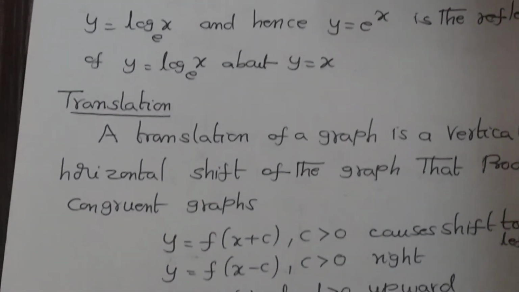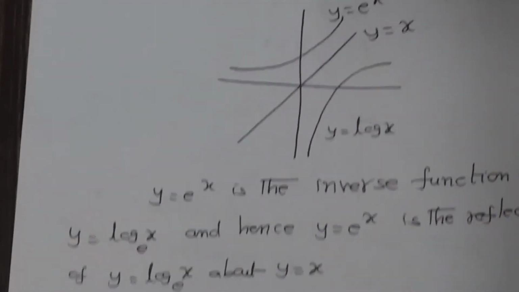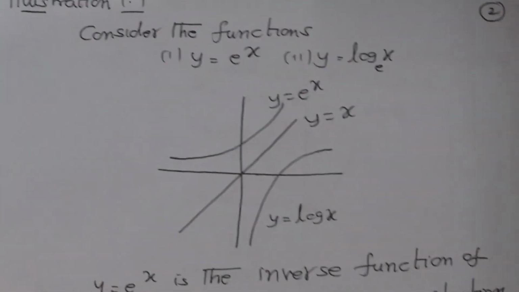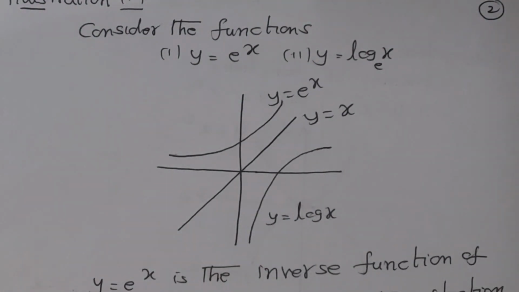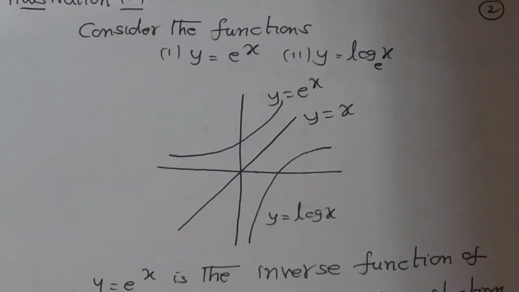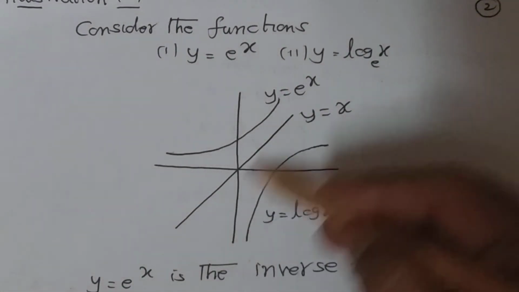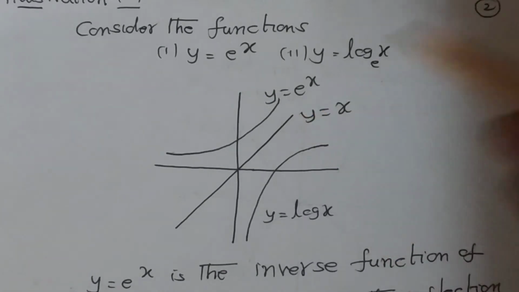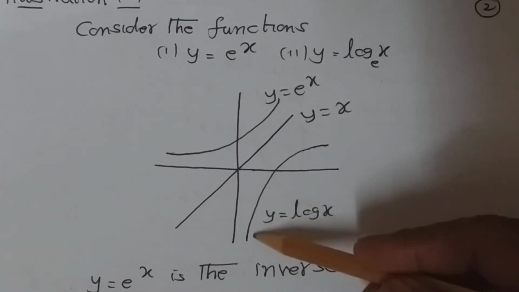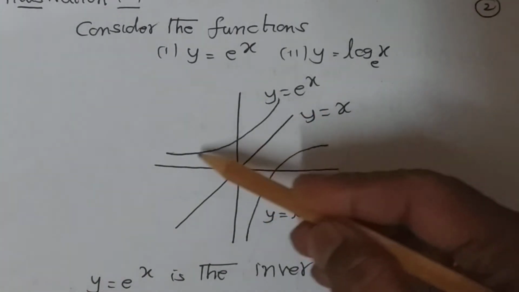Now last one. This is very easy. We already saw this one. This curve, inverse functions. See, I told e power x, log x base e both are inverse functions. That means they lie either side of the line y is equal to x. That's what first I told. This is y is equal to x. This is a straight line passing through origin that you already know. This is y is equal to log x function. This one is y equal to e power x.